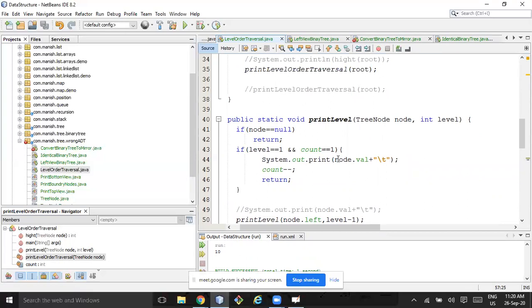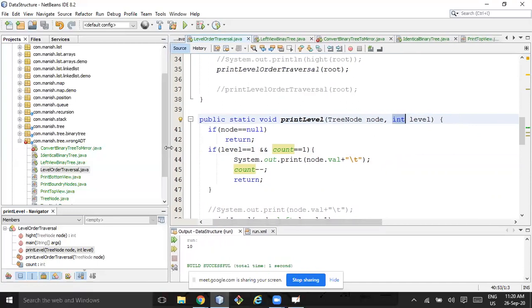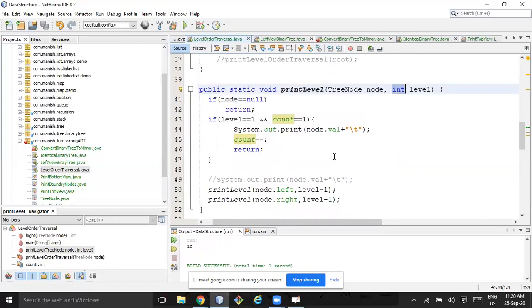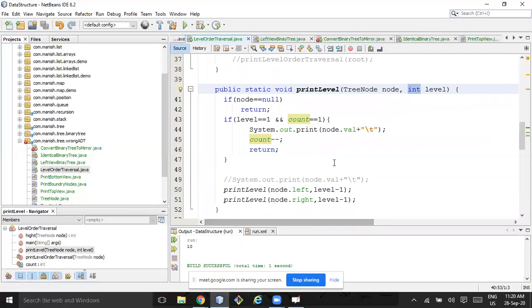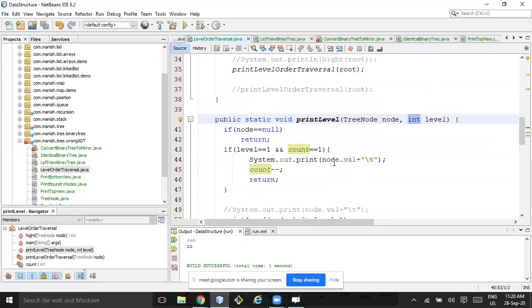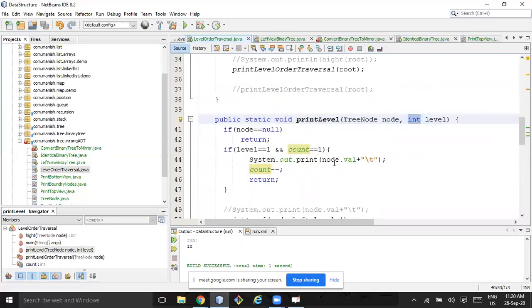Okay, you need to do some more tweaks. I just want to help you understand how we can proceed, where I am facing the problem and how I can refine the code so that it gets resolved. Here count is equal to 1, count minus, return.